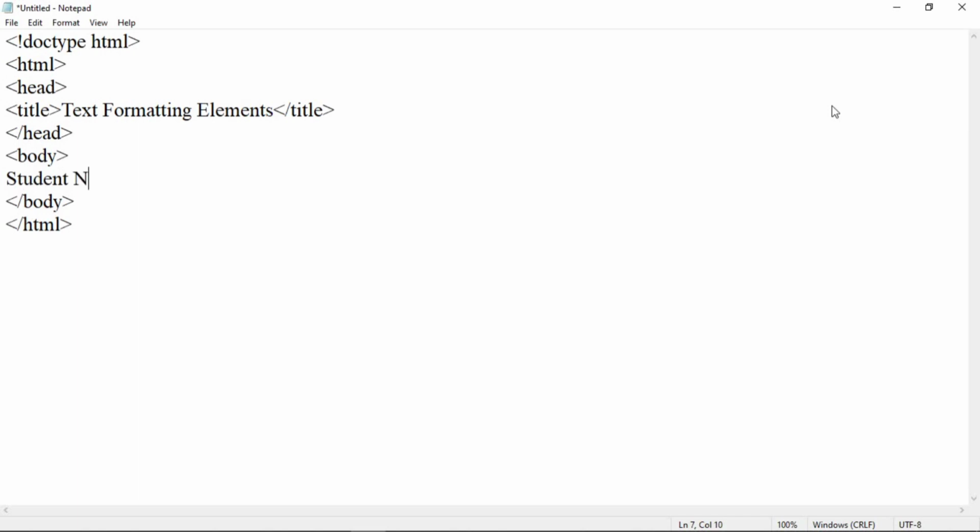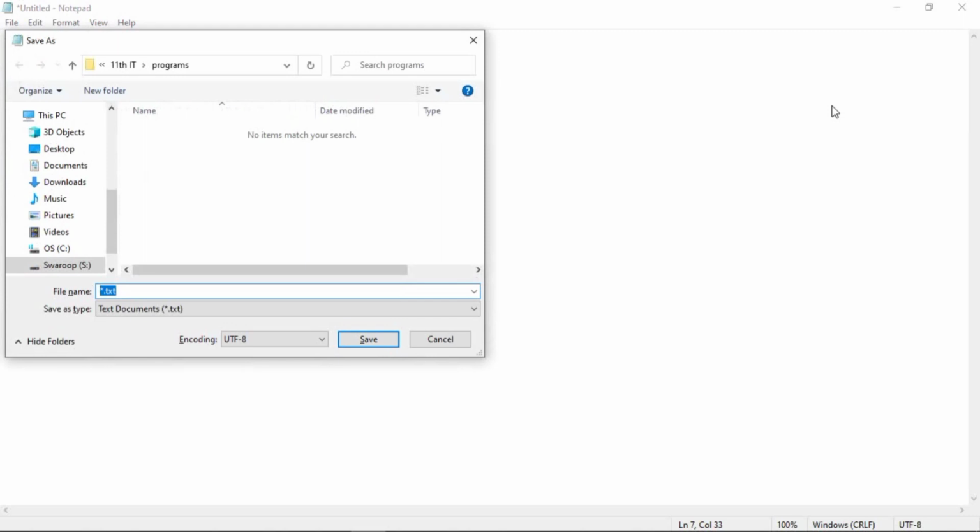Suppose the student name is to be displayed in bold form, then here we have to add a B tag, start and close the B tag, and within this B tag add a student name. Suppose the name is Arya Joshi.